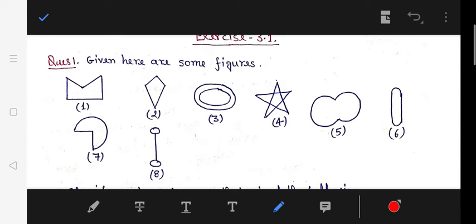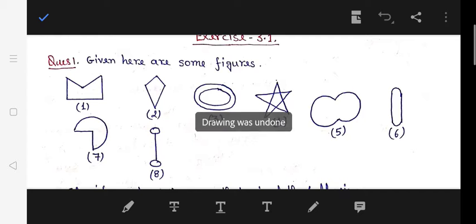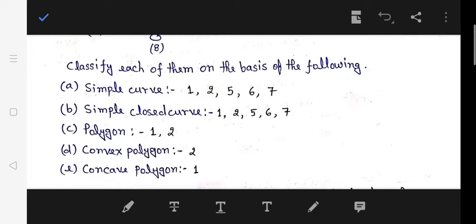Sixth, in the sixth, here it is a straight line, but here you are going to get a curve, so that is not a polygon. Sixth one is not a polygon. Seventh, in the seventh, here these are two lines, but here you are going to get a curve, so the seventh is not a polygon. Now eighth is not a simple closed curve, so that will not be a polygon. So here first and second are the two polygons. So I have written polygon: first and second.